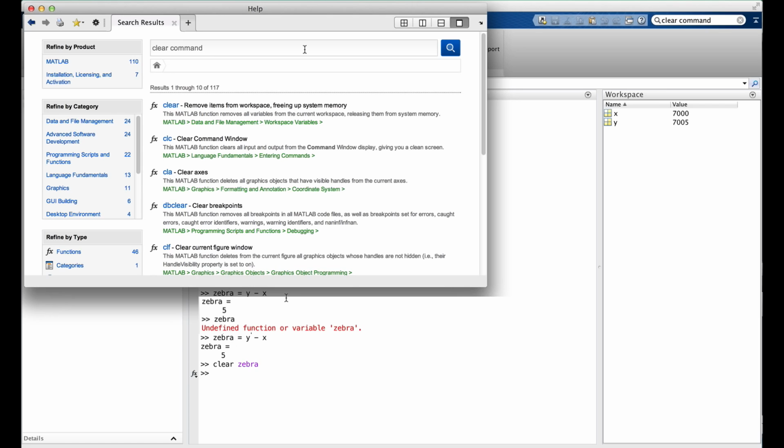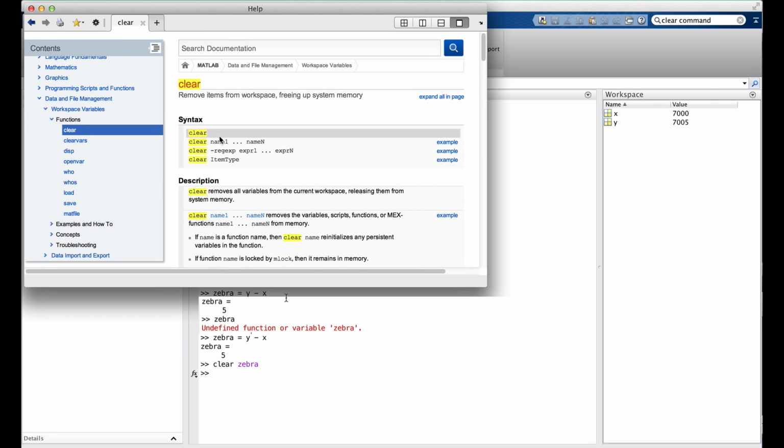And a window pops up with the search results. You can click on clear to see what the command does. We'll do that. You can see that there's more than one way to call clear. And there's examples over here. You can click on these little links and it'll show you examples. In the meantime, though,